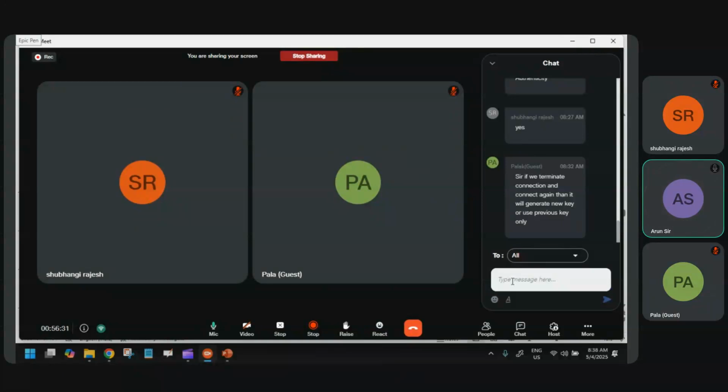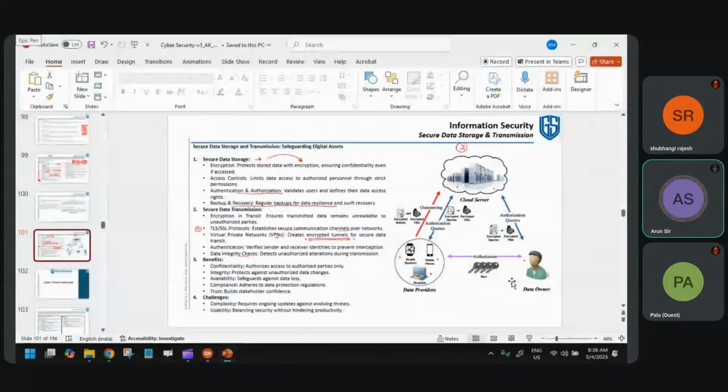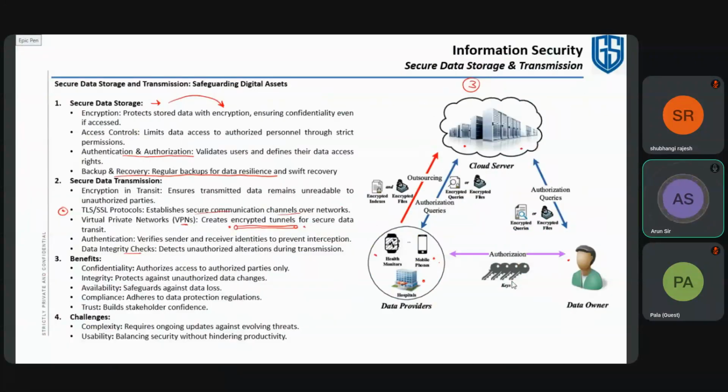So this is how the end of everything. And if we want to try again, then again there will be a whole new set of things. So that is what the challenge is over here that we can discuss: whenever we do this encryption when data is at rest, it is actually creating another issue at the time